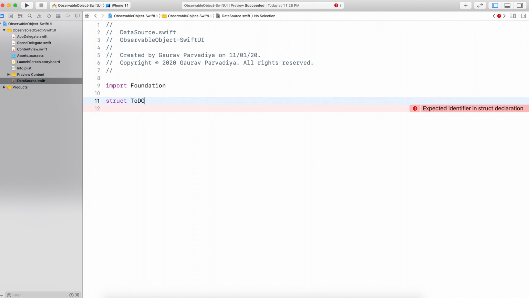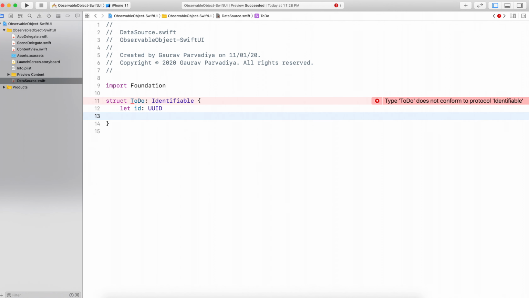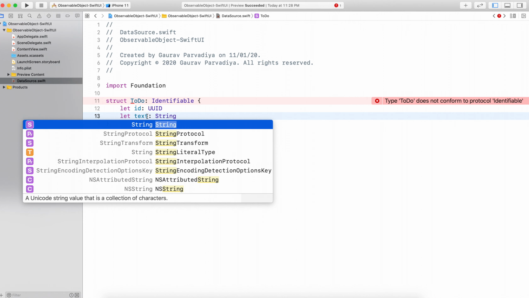You know that whenever we create a model related to listing data in a list view, it is required to make it identifiable, because our list will require each row to be uniquely identifiable. So the first value is id, a UUID,